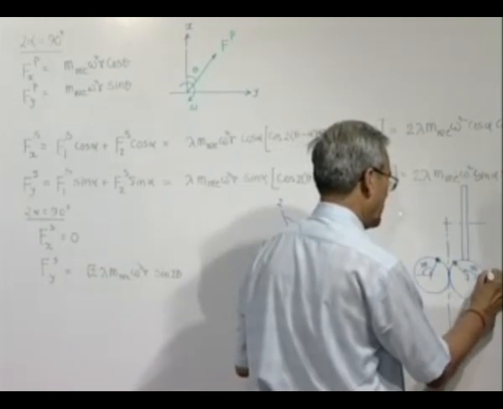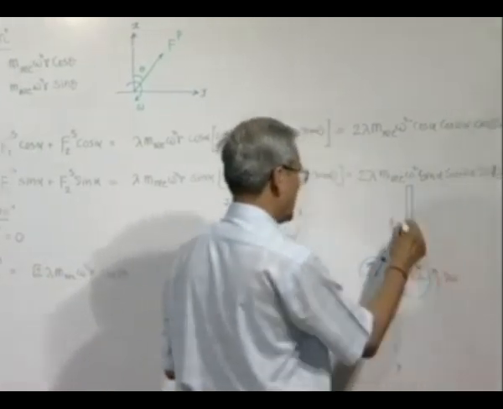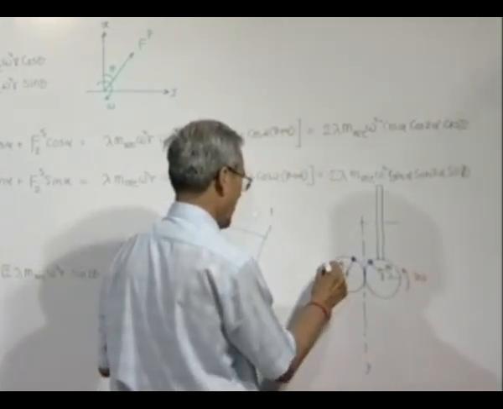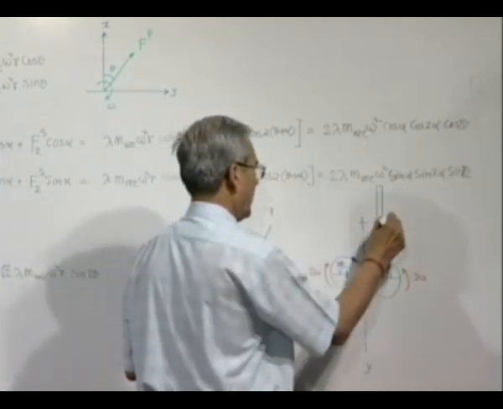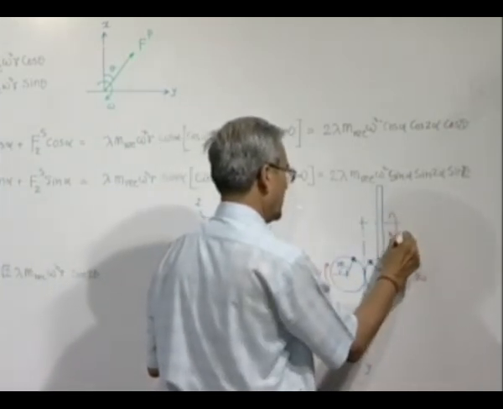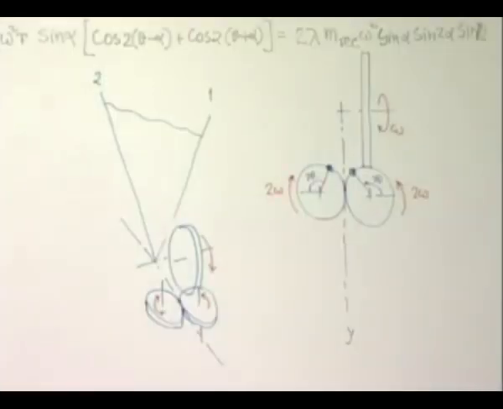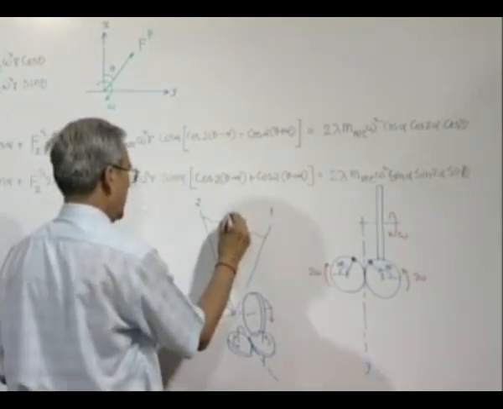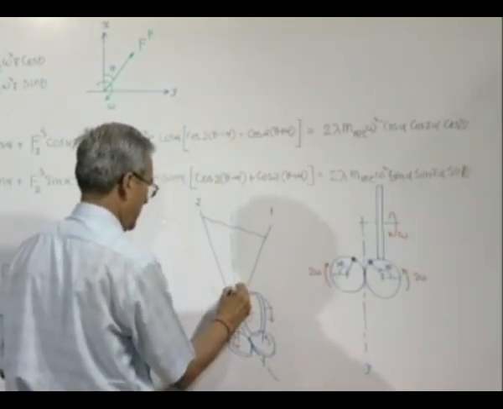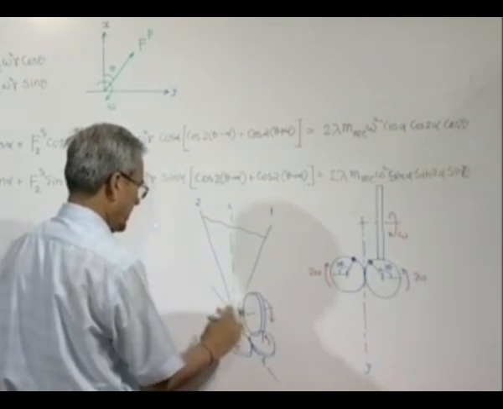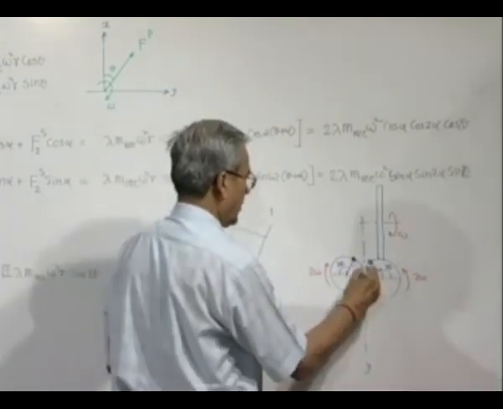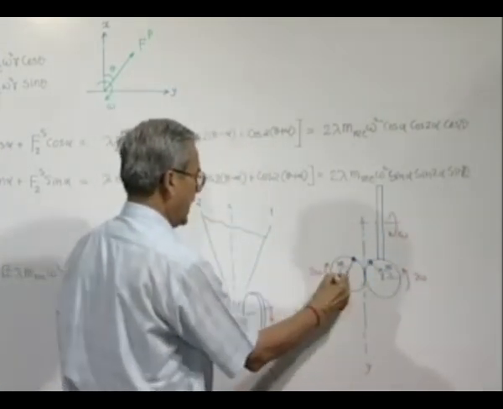So, this rotates with a speed 2 omega here, the diameter of the two gears are just exactly half, whereas this rotates at speed omega. Now, we have placed two unbalanced masses in such a manner that when theta equal to 0, that means when the common crank is along the x axis, then the two masses are here. Now, since it is rotating at double the speed, the angle they will make with this